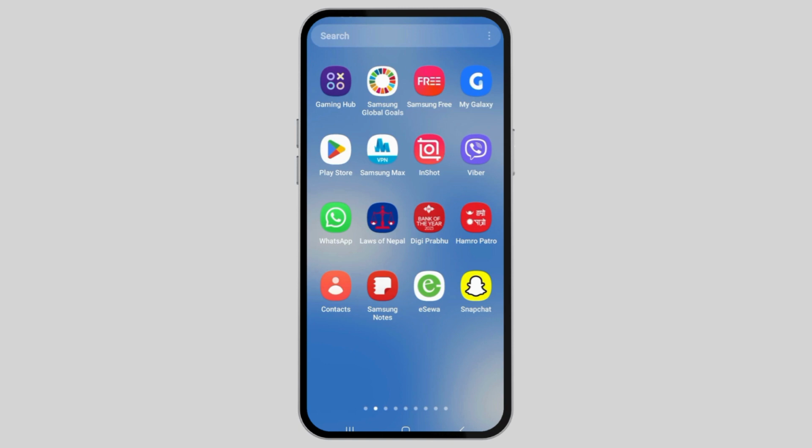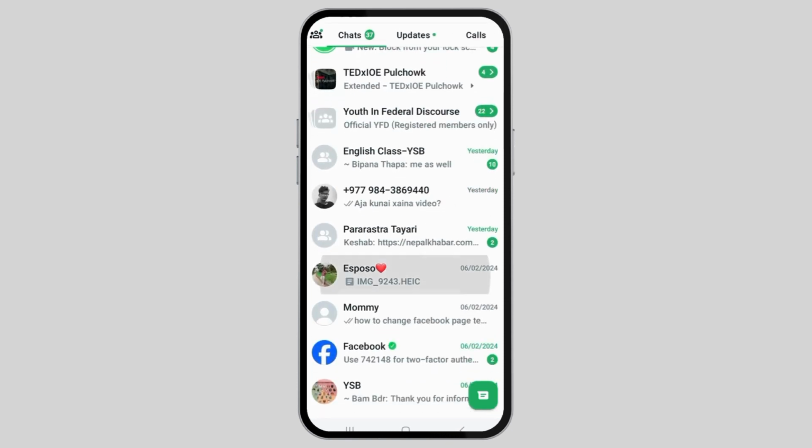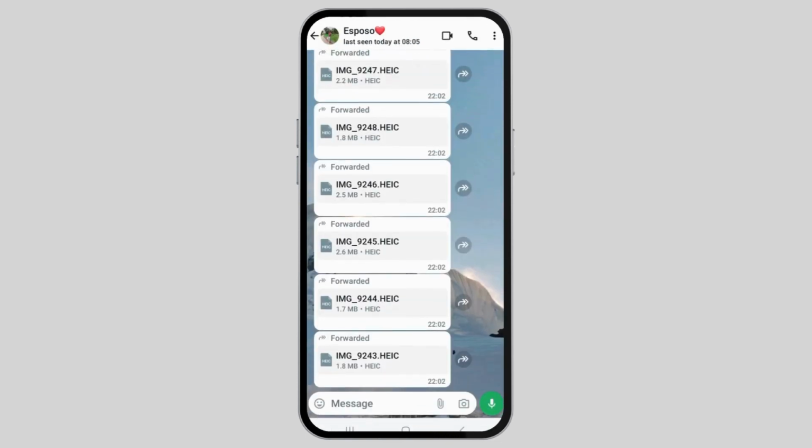In order to do so, tap on WhatsApp on your mobile device. After that, WhatsApp will be launched on your mobile device. Now tap on the very person to whom you want to share your location. After you tap on the very person to whom you want to share your location, you can see a